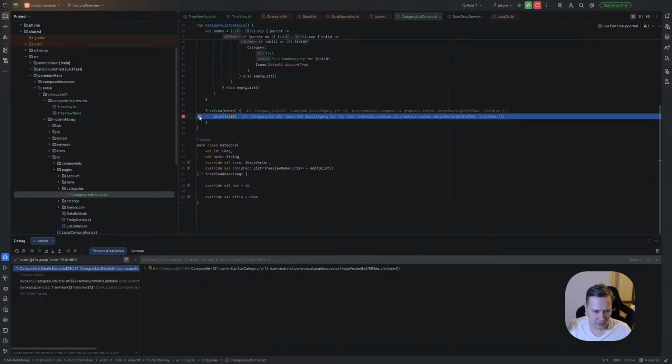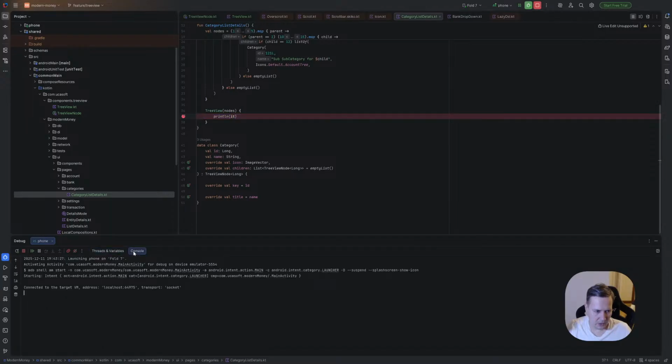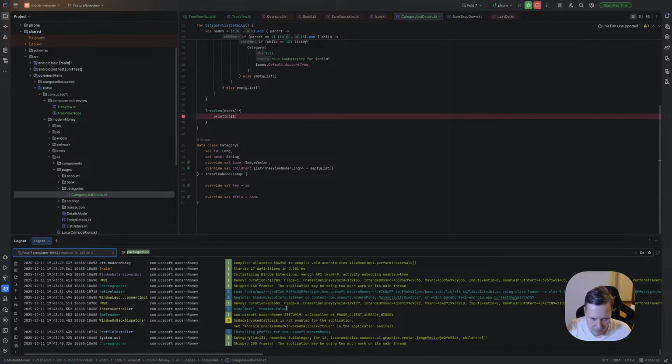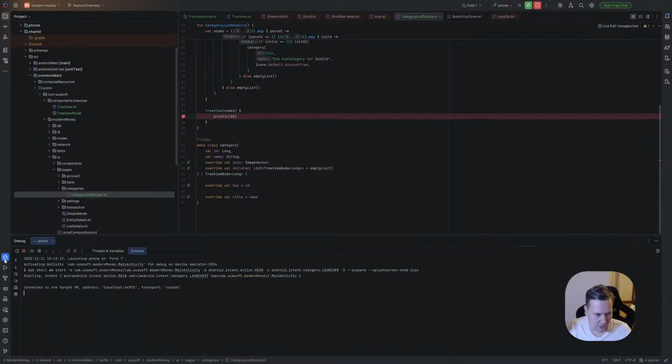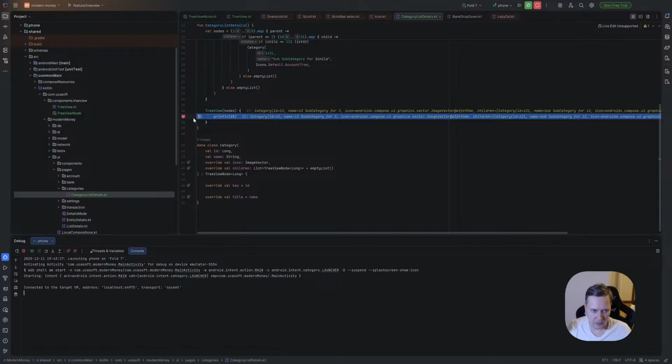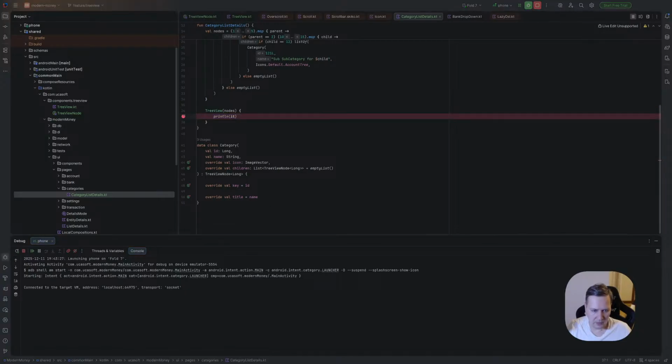Yeah, we're here and everything is okay. But still in the console we see nothing, so println doesn't work. Okay, and if I choose this one, we have category 1. If I choose this one, we have category 12. If I choose this one, we have category 5. Okay.